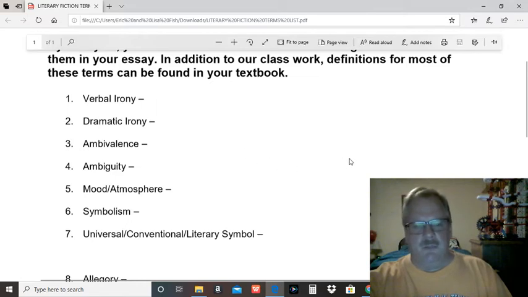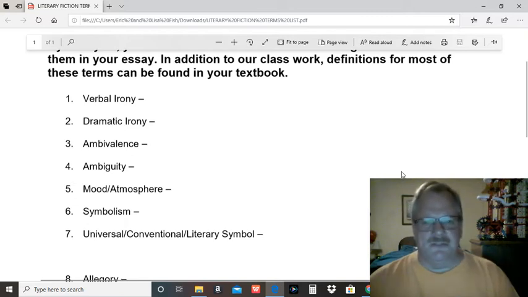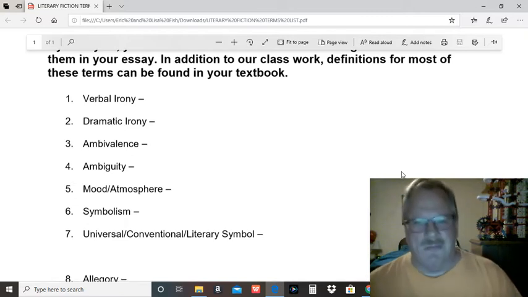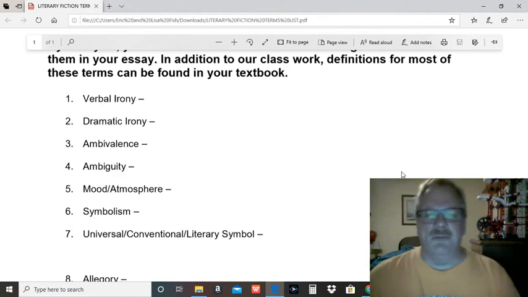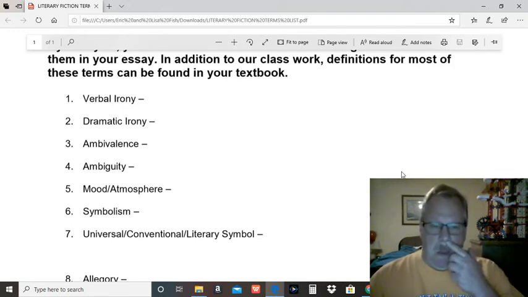Verbal irony. The words say one thing but mean another. At the end of the story of an hour, she died of a love that kills. It's a good example of verbal irony. We know that she died because she's shocked at the idea that she has to go back into her cage after experiencing that little bit of freedom at the news of her husband's death. The whole thing is just that dramatic and verbal irony taking place. You don't expect a woman to be happy that her husband died, but she kind of is.